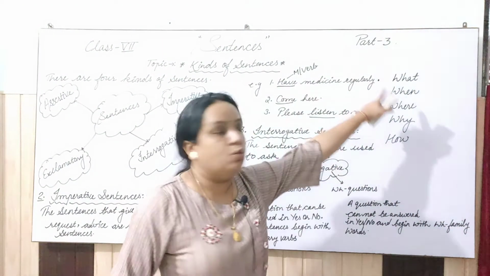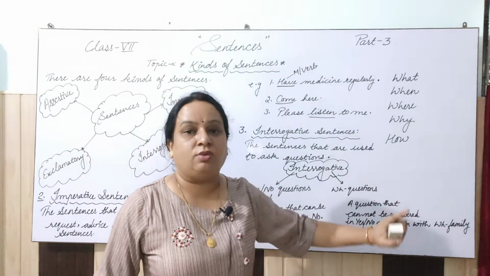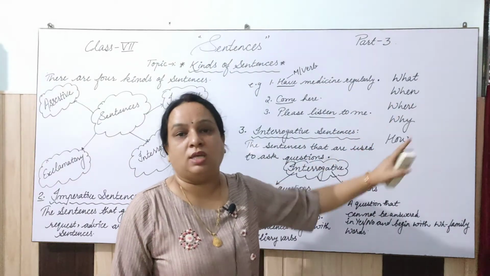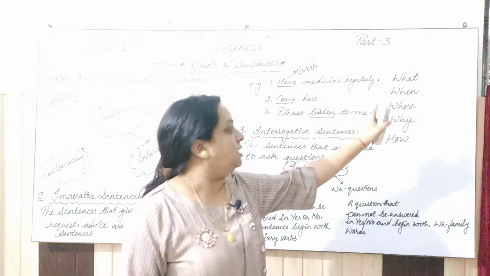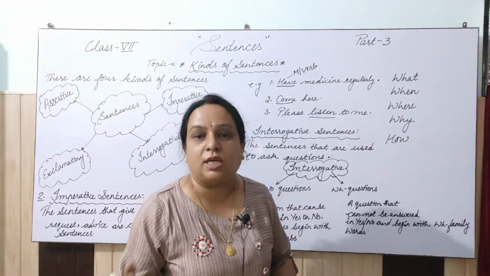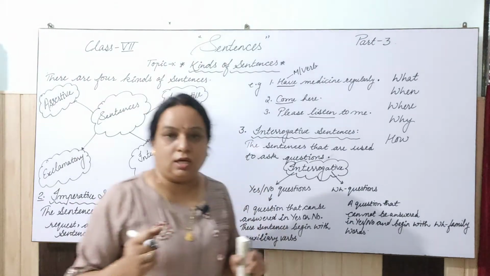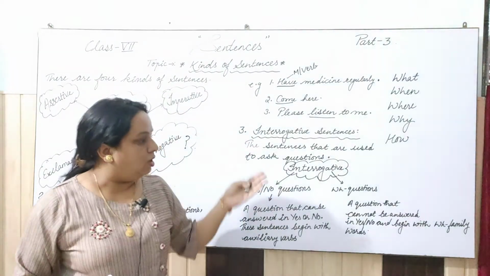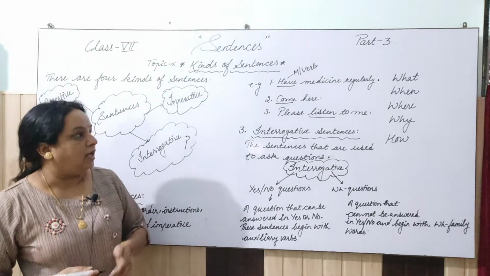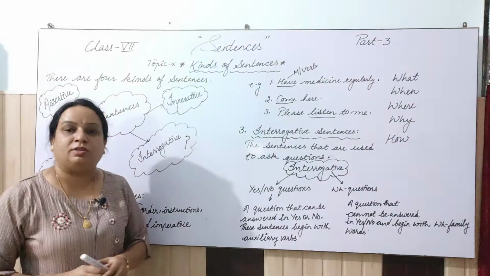When we use these words at the start of the sentence to ask a question, this is known as the WH question type of interrogative sentences. Clear? Now, please take a screenshot of this, note it down in your notebook, and after that we will do the